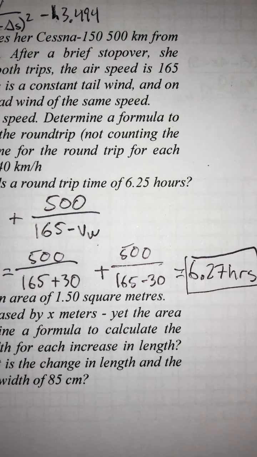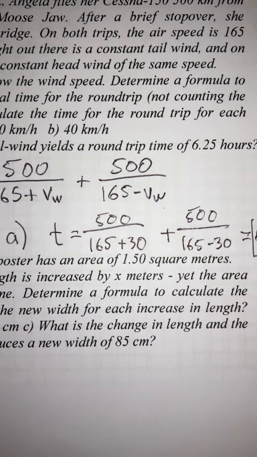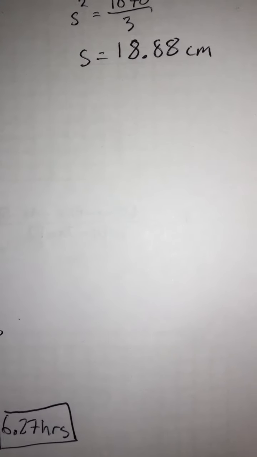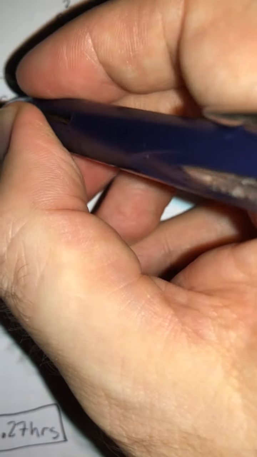It's this other one that's not going to be too easy, and that's going to be C, and I wanted to spend more time on that because that's the trickier one. So if I look at C, I'm told what the time is, and I need to solve for VW. If I write this in the equation, it's going to have lots of space here. So I'm going to have 6.25 equals 500 over